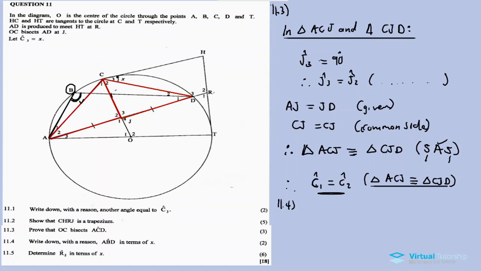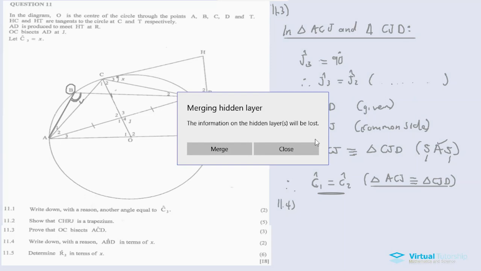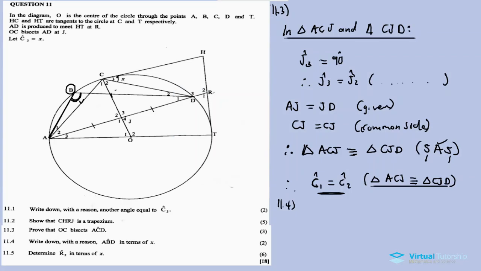I think we take these triangles. This is in fact a bow tie, right? Why am I using the bow tie? Because I see that these triangles, I mean this angle C1 and C2,